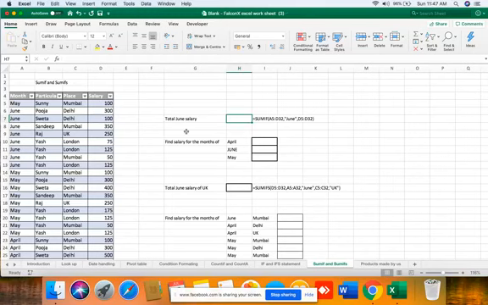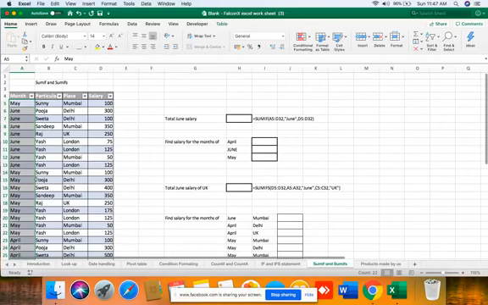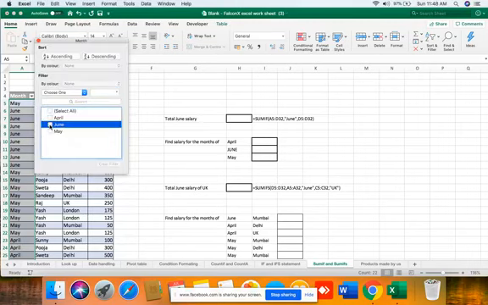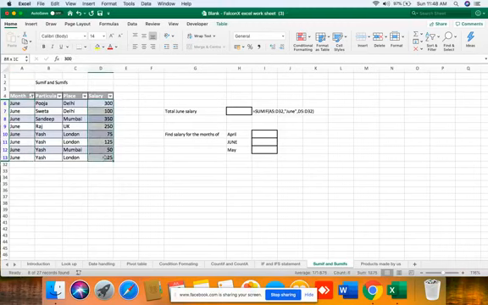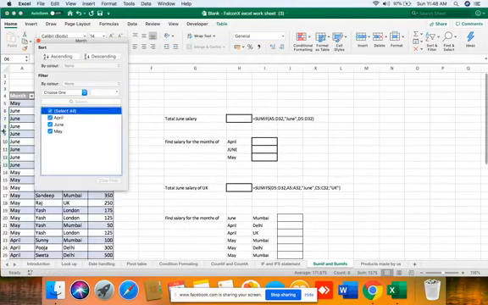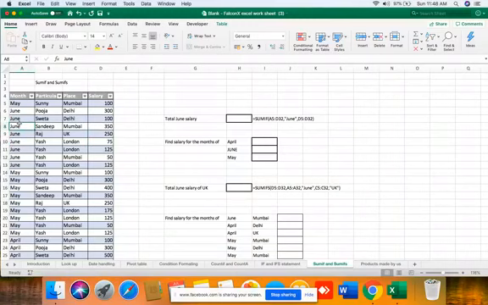SUMIF statements are useful when you have to do a sum based on a condition. For example, this is the 3 month salary for the particular person, for employees of the company at different locations. You have to find specifically what is the salary of June. The first method is that you can do it manually like this and do a subtotal. You are getting the answer 13,775, but this can be too boring or time consuming, and chances of errors are too much.